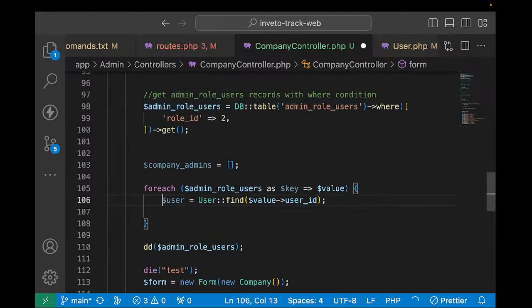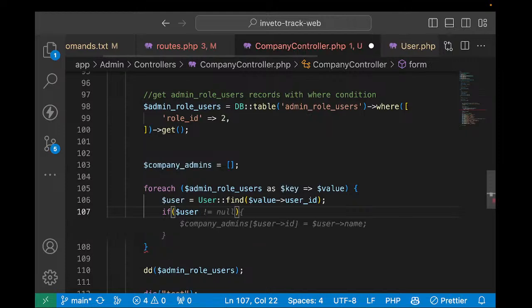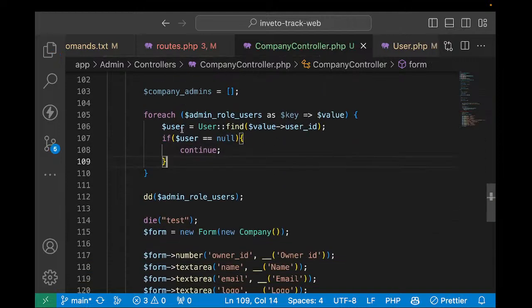So I can check if the user was not found. Let's say if the user is null, it should continue. Okay, if user is null, it should continue. So if it is not null,